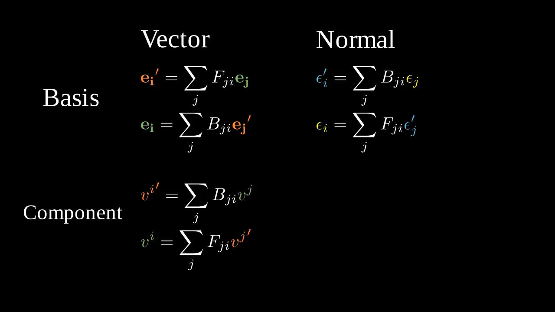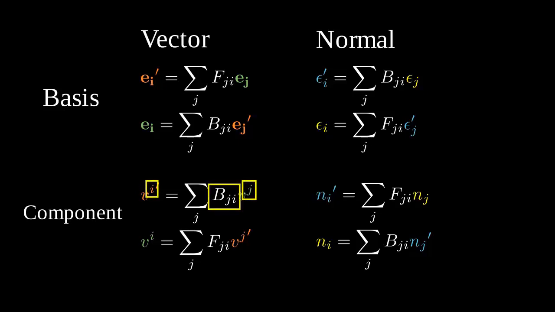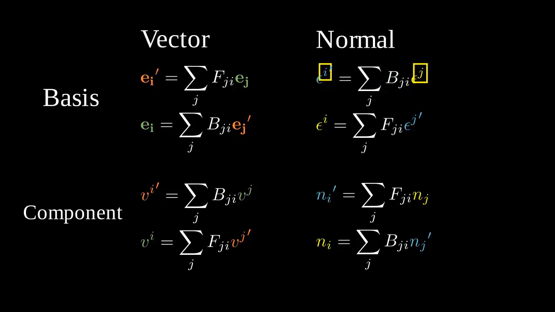For new to old, it uses forward matrix F. You find the normal components change uses the inverse matrix of basis normal change. In the notation, when the change followed the forward matrix, you used the subscript. But if the change followed the backward matrix, you use the superscript. It is a standard mathematics convention. The basis normal change followed the backward matrix, thus the basis normal change should use the superscript.